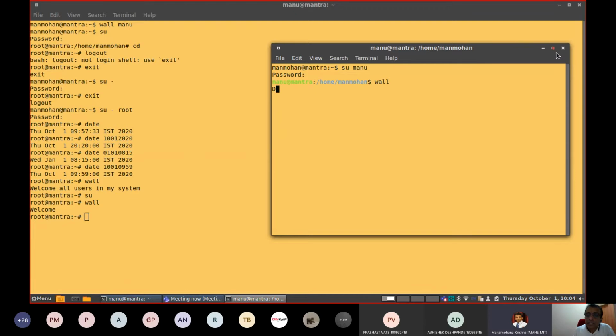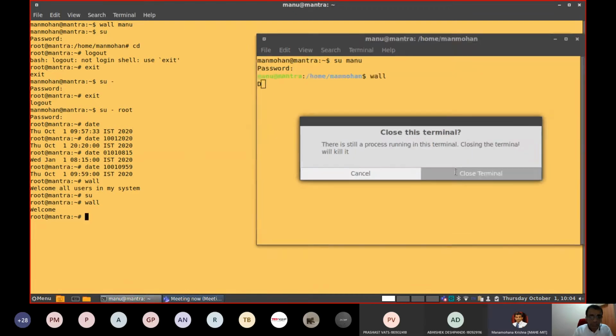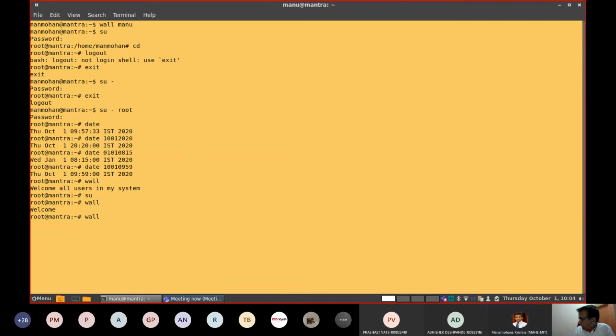He can type the wall command, then after that he can send any message: today the machine will be shut down from such and such time for maintenance purposes, etc. At the end of the message, he has to type Control D to terminate the message. Then all users currently logged in will receive this message on their terminal.